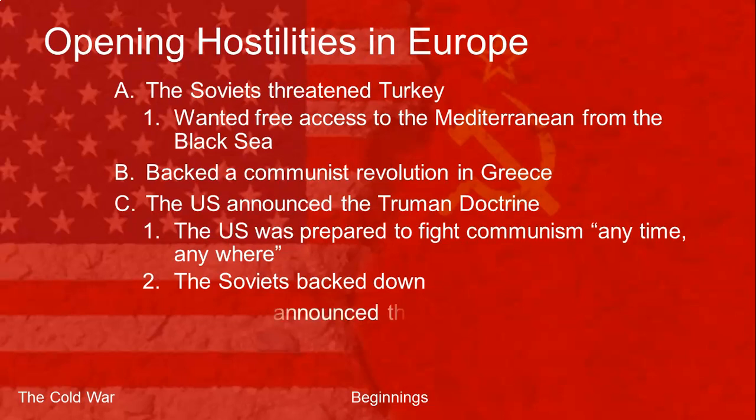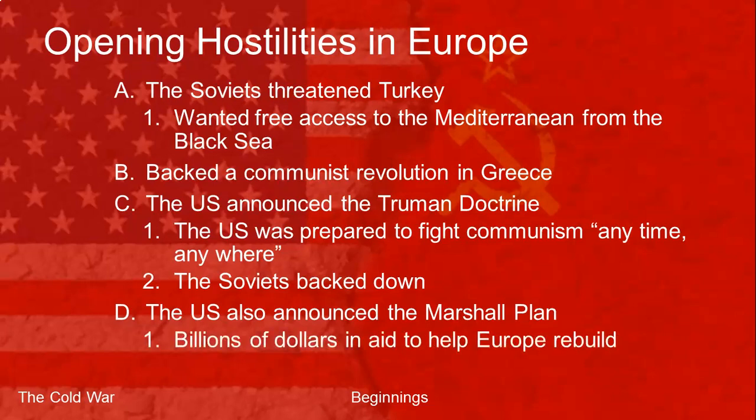Now there is another element to what the United States does in Europe after World War II. There's something called the Marshall Plan. The Marshall Plan was billions upon billions of dollars in aid to help Europe rebuild after World War II. See, in all the countries in Europe, not just Eastern Europe, but also Western Europe, there were communist movements. They blamed World War II on capitalism and said, look, it's not being fixed. Everything is in total ruins. If you will support us, we will fix it.